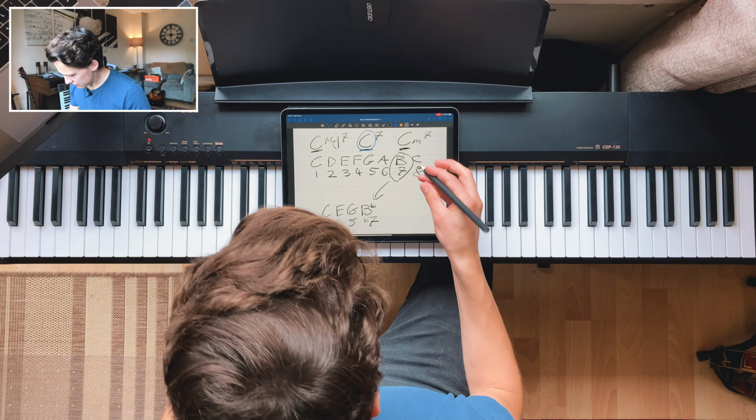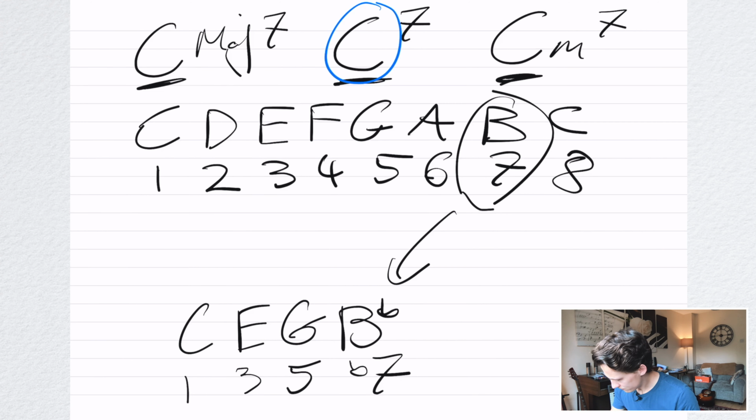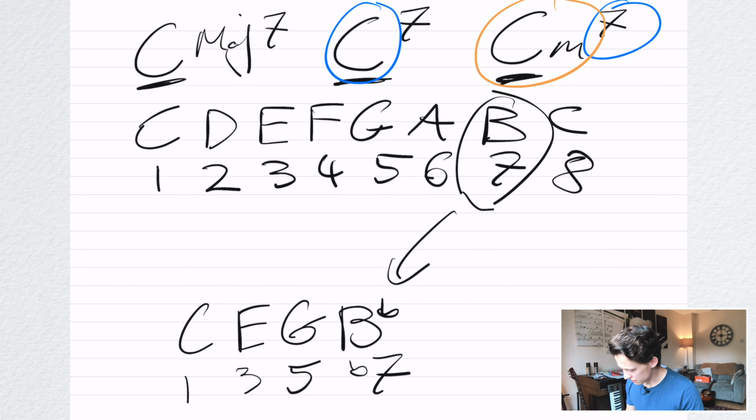Now, the minor 7 takes that 7 from before that we had with the dominant. Let's just circle that. So the 7 is the same, it's still flattened, but we've now got to focus on the fact that it says minor, C minor, which means that this E over here becomes E flat.